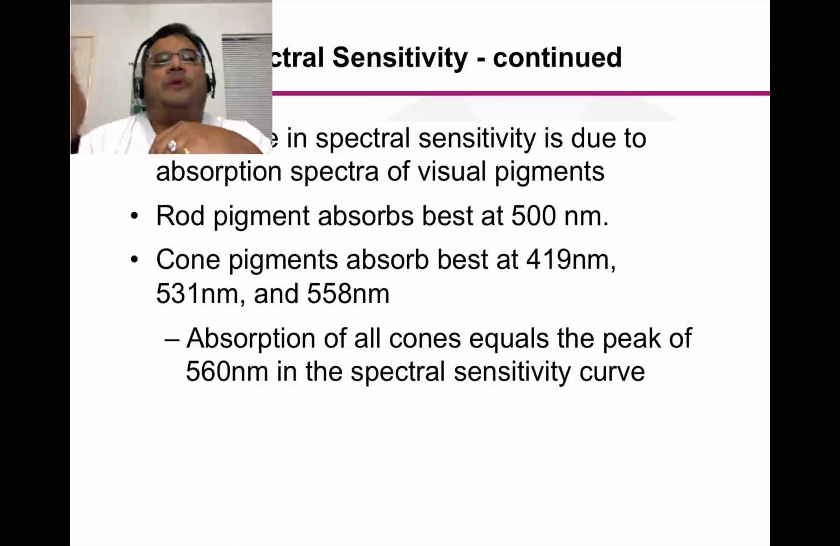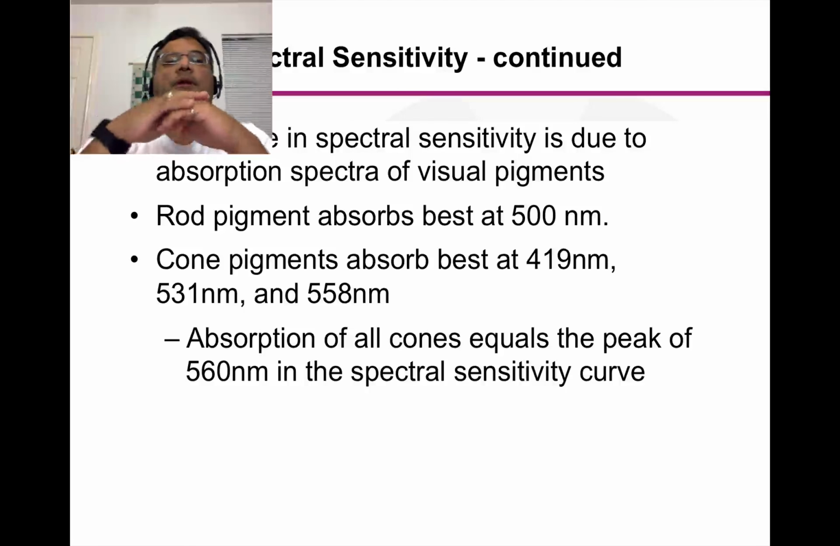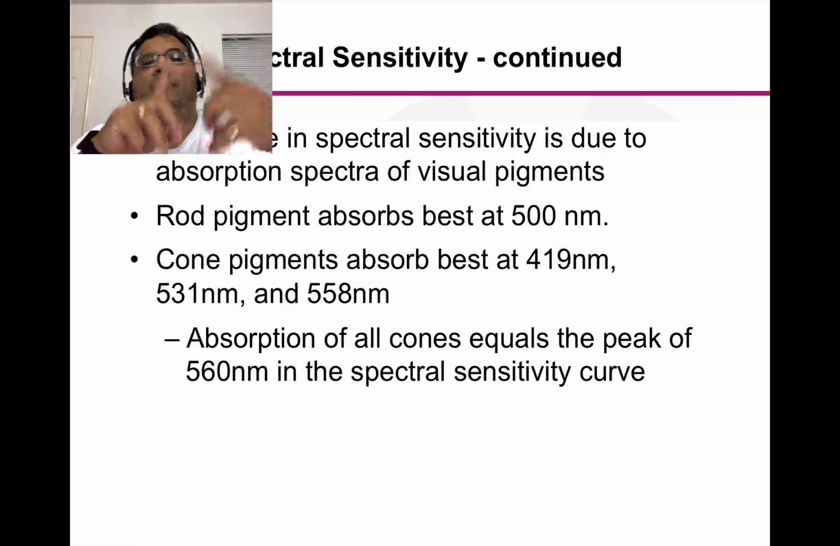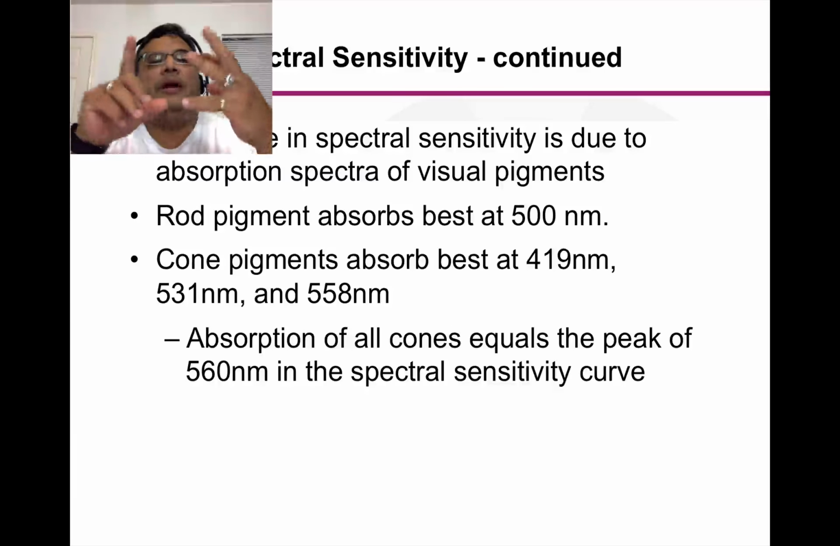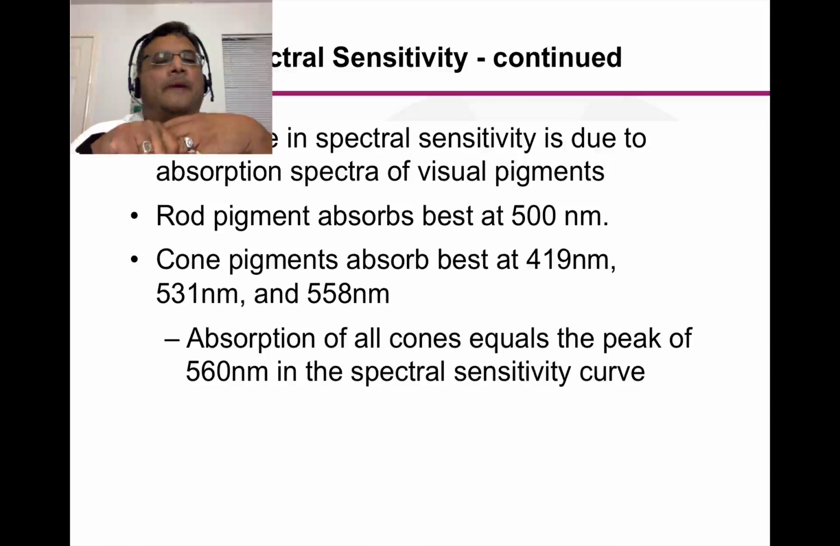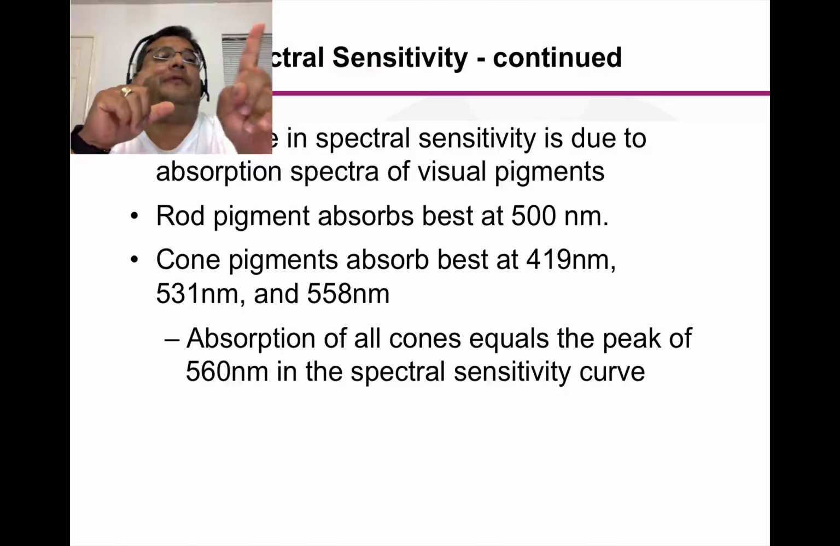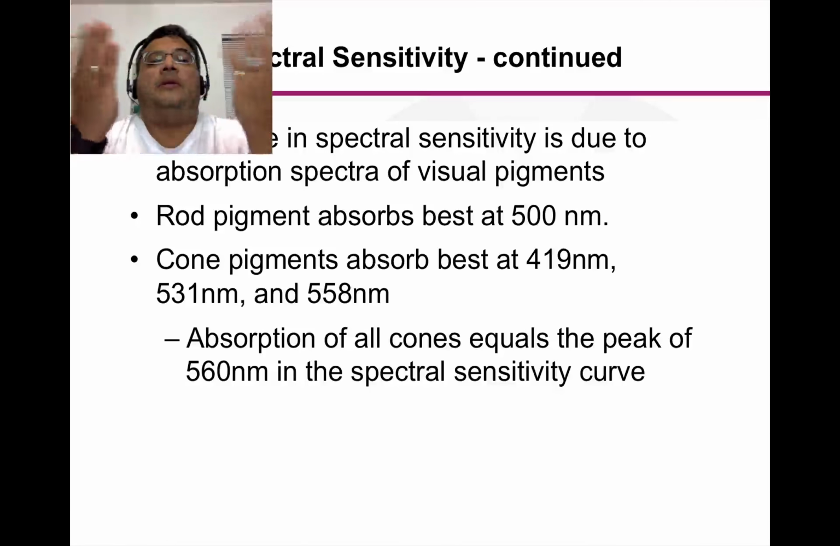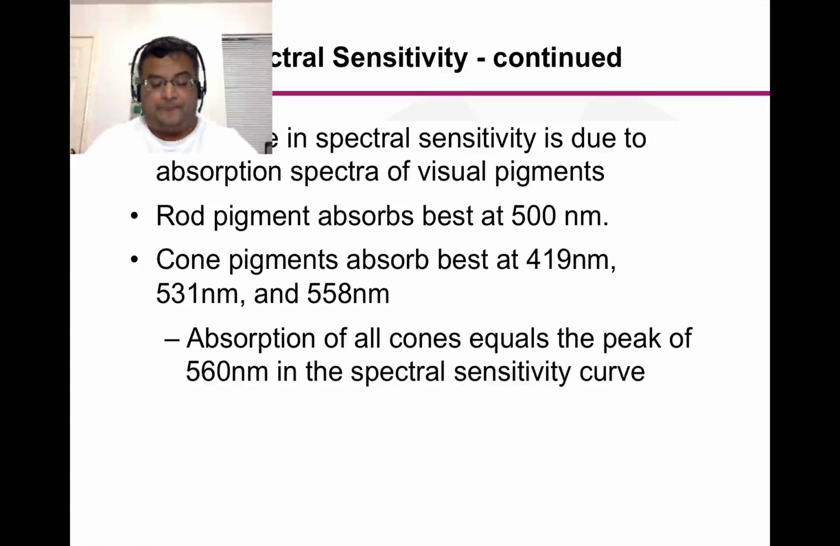The pigments in the rods absorb photons that are traveling at a wavelength of 500 nanometers. And the cone pigments absorb the photons that are best at 419, 531, and 558. Remember, cones are specialized for color vision. Rods only for dark vision, right? So it makes sense that rods really can only absorb at one color, and cones have different colors that they absorb at